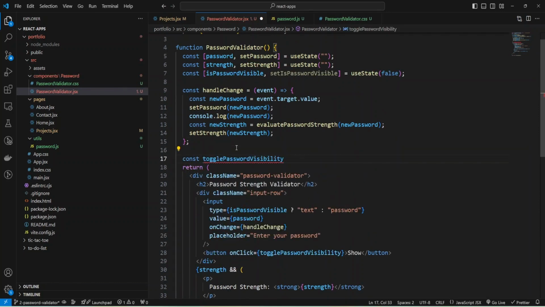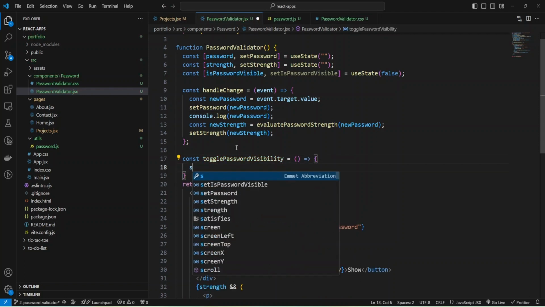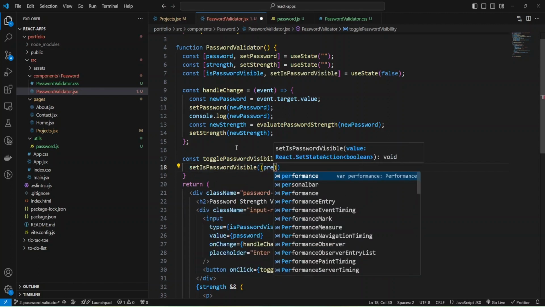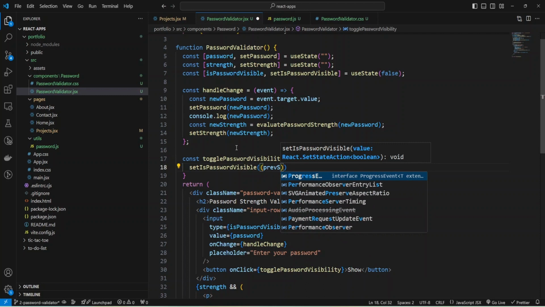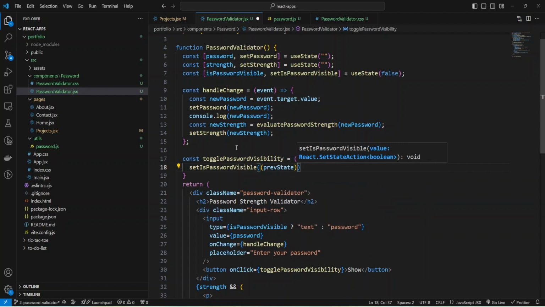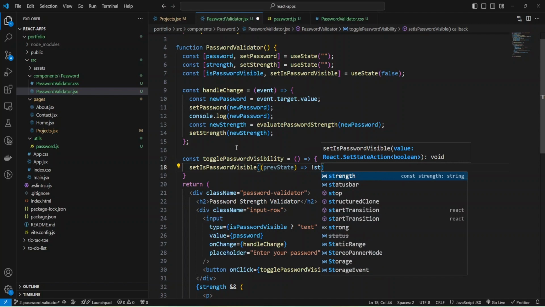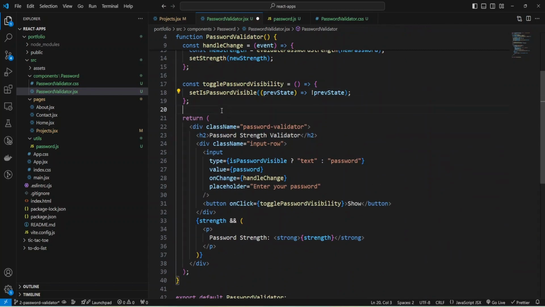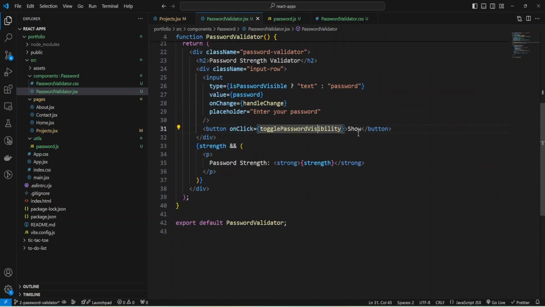and it will be an arrow function that will just toggle our state, and set is password visible, and I'm going to retrieve previous state, and just toggle that state, previous state. And so we need to change text show to hide when we press the button.